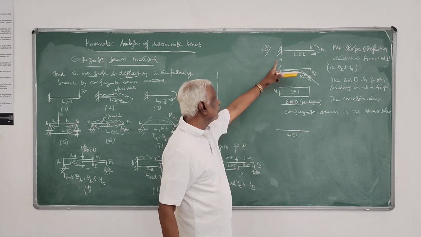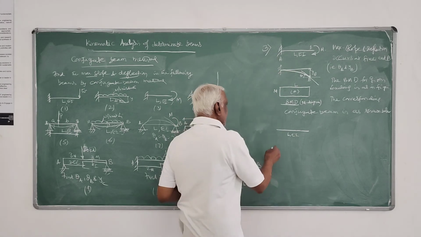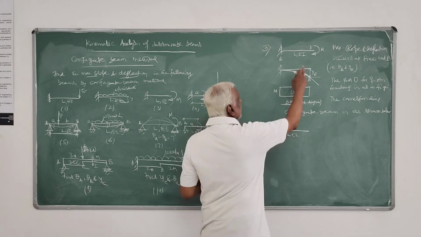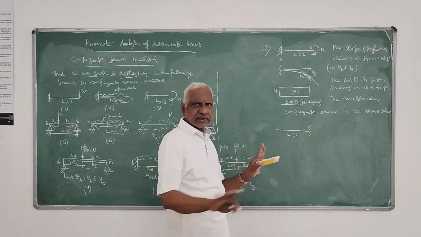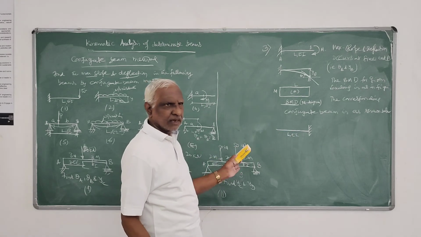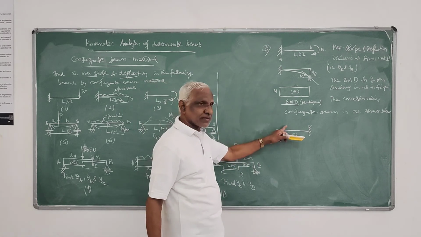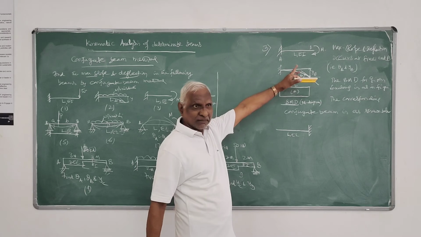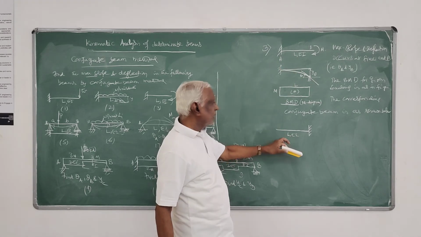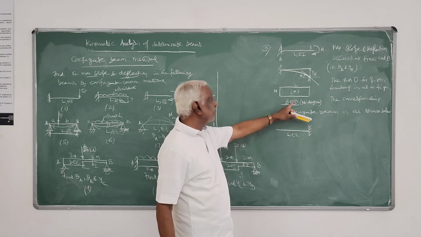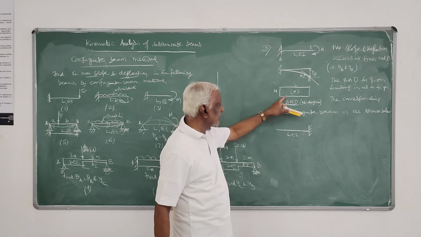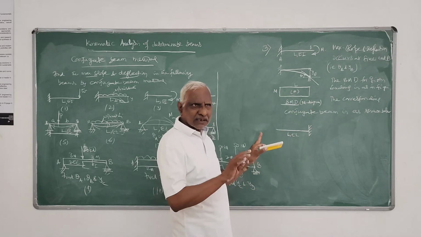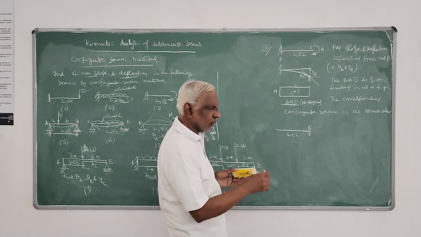So the boundary condition, fixed end in the given beam, will become free. Free end will become fixed. That satisfies the boundary conditions. And the load on the real beam is the moment, the given load. But here, the loading on this conjugate beam will be M divided by EI. Whatever ordinate is there, you divide by the corresponding EI for that location.